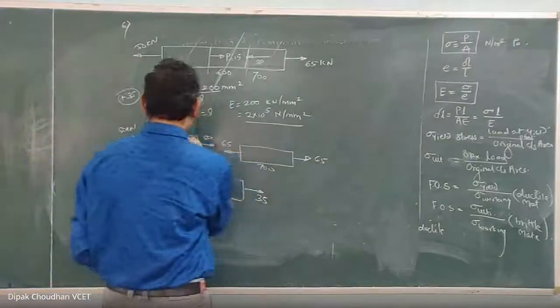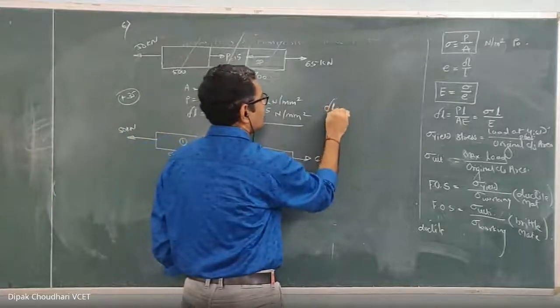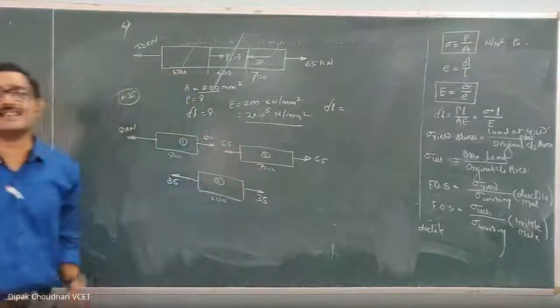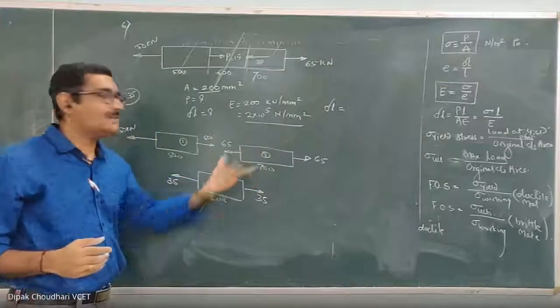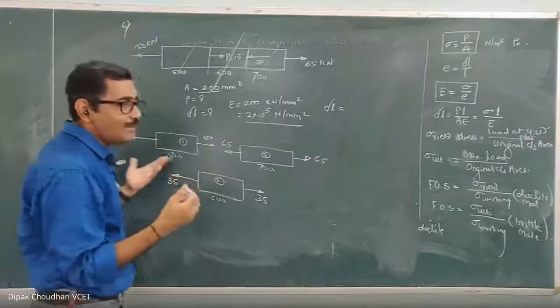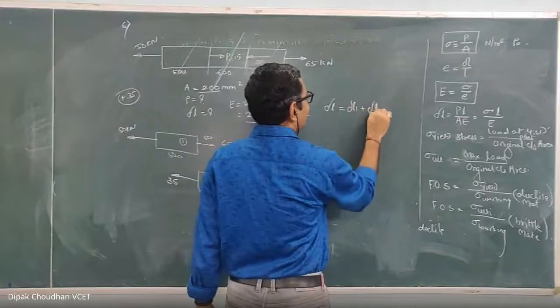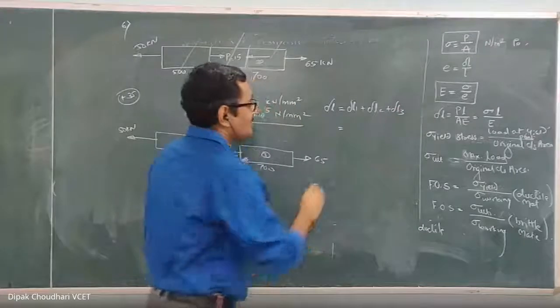Here, if I consider this as 1, this as 2, this as 3, then the total deformation is equal to, now all three are subjected to tensile axial forces. Means there will be an increase in length for all three because of the axial force. Since there is an increase in length, I will add all of them. So delta L equals delta L1 plus delta L2 plus delta L3, which is equal to